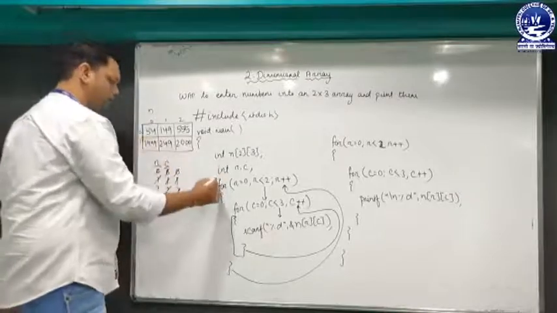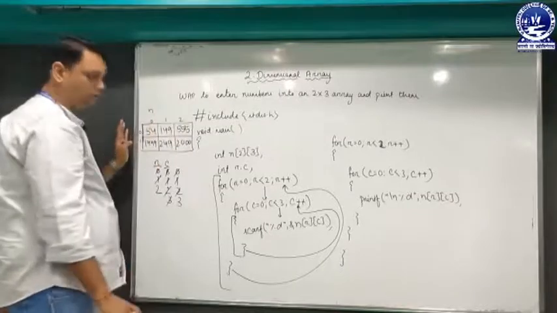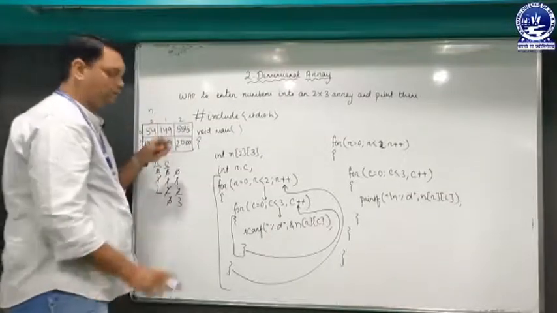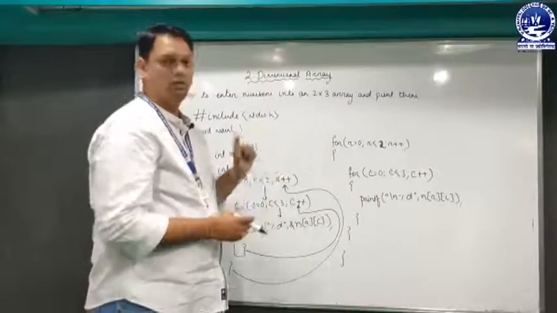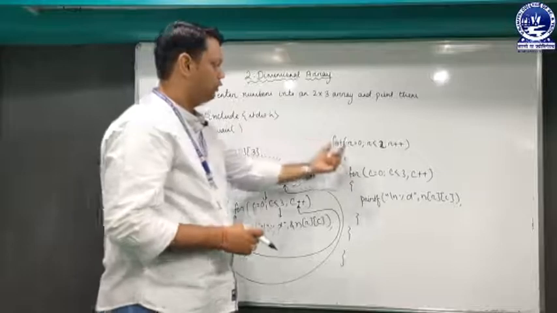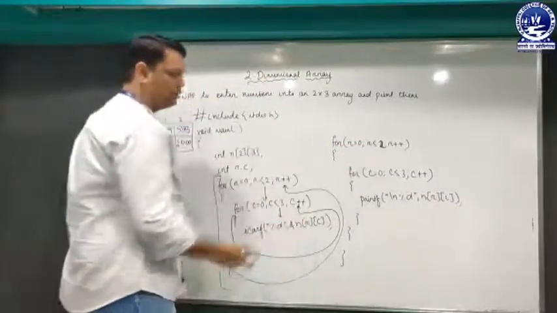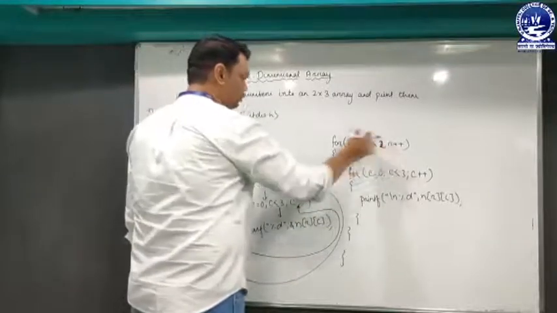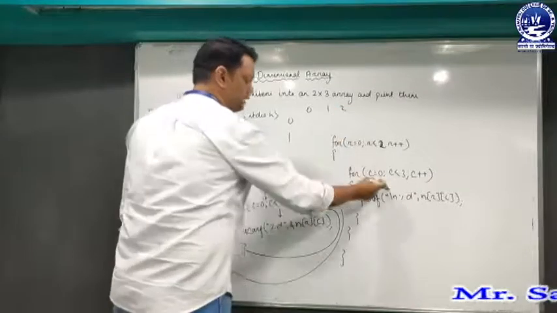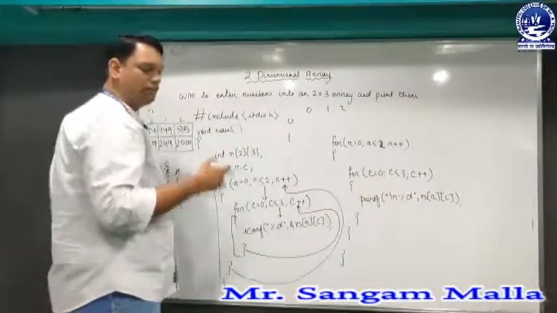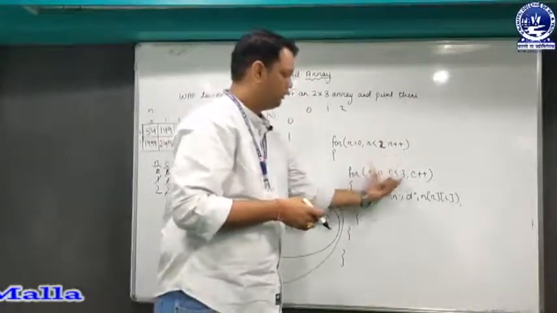So in this for loop or this concept, we have used to enter the values from the user in a 2x3 array. The same concept will be followed for retrieving or printing the values from the array. So again you can see we have the same row number and column number because the row is of 2, that means 0 and 1, and the column will have 0, 1, 2. So it will start from 0 and it will be less than 3, that means it will continue for 0, 1 and 2.